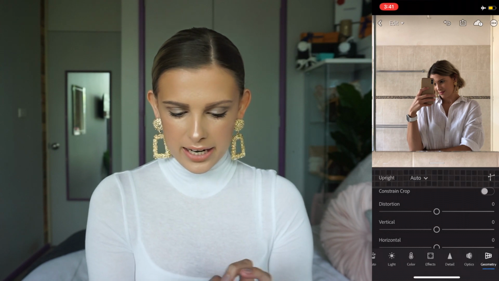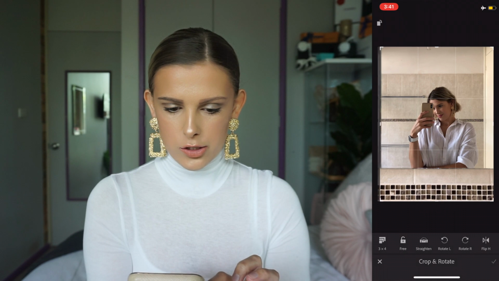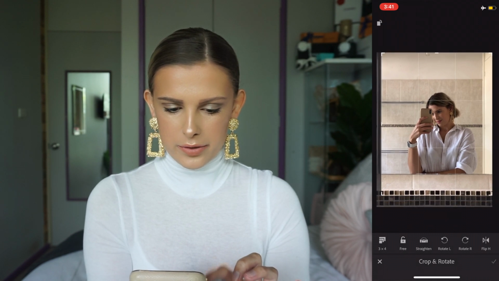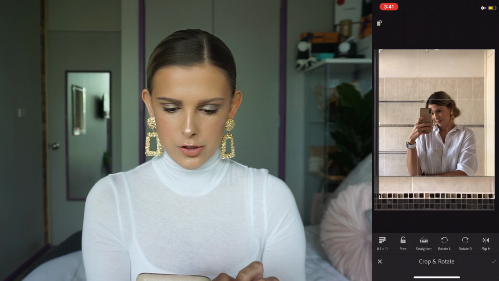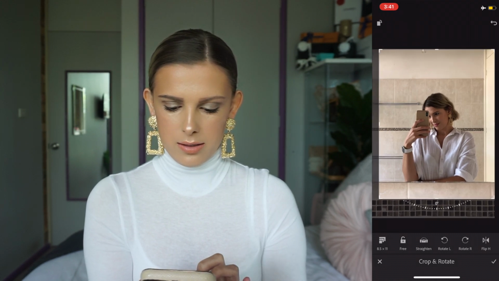Photo. And then I'm also going to go into crop a little bit, and I'm just going to crop it so the side of the mirror isn't in the photo. So it looks like that. I might crop it just a little bit more actually, just so my face is more in the center. Like that. And for this one, I'm actually going to use the auto button because it just makes the overall